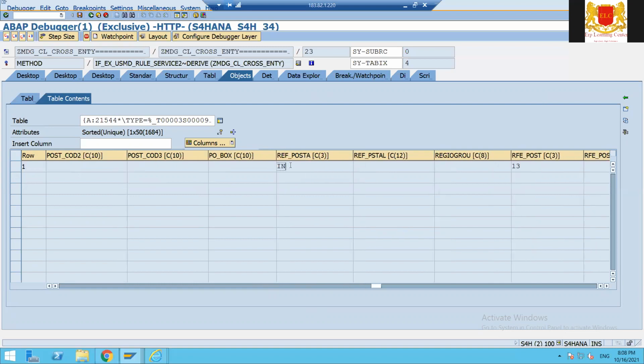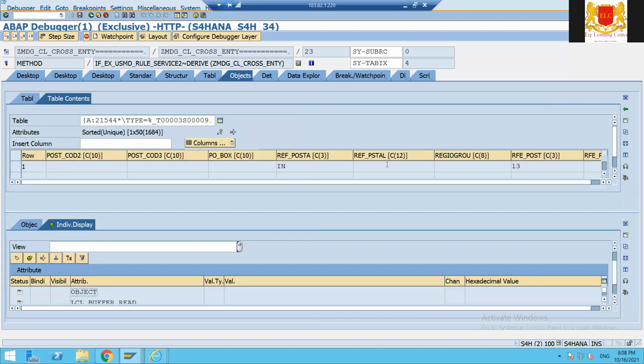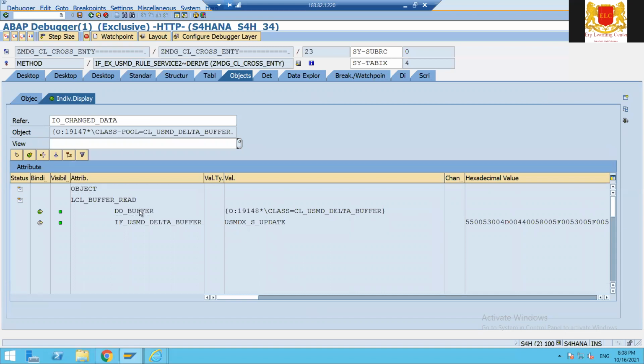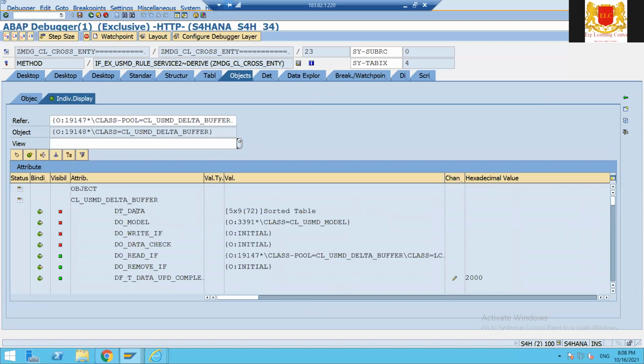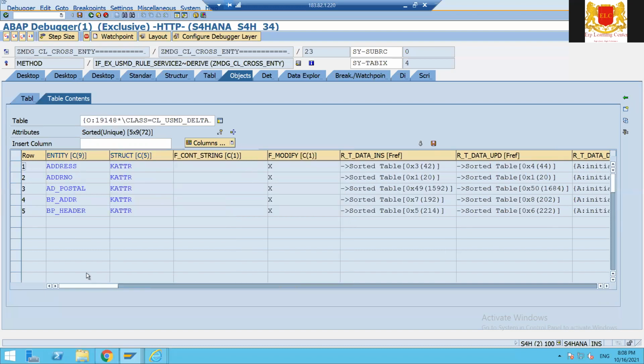So now based on this, I want to enter another value. So we'll check here only. These are some of the debugging things that I think all of us are aware of. BP central is not here now because address postal has come into the picture. So if I execute this one again,